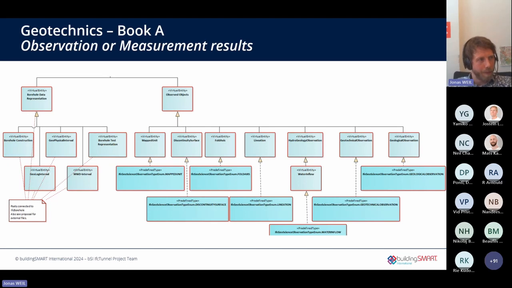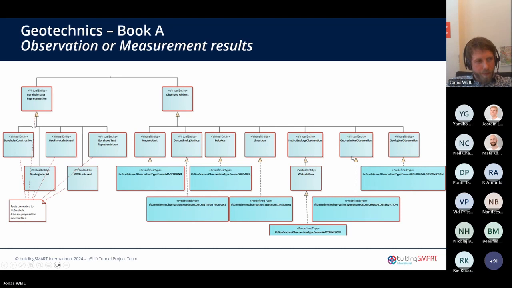So now let's go to the measurements themselves. We mentioned before the containers, the spatial objects. Now there have been some observation types defined, starting from borehole log, measure while drilling interval, certain tests, certain observations that are made during field mapping.